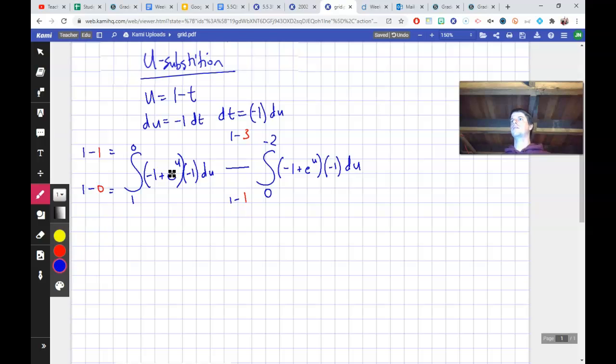So let us integrate. With this, we're going to get a -1 u. E to the u is just going to be e to the u, but that -1 is going to make that negative and this thing positive. So we can go ahead and say it's u minus e to the u evaluated from 1 to 0 minus, same thing, we get the exact same thing when we integrate it, u minus e to the u, and this is evaluated